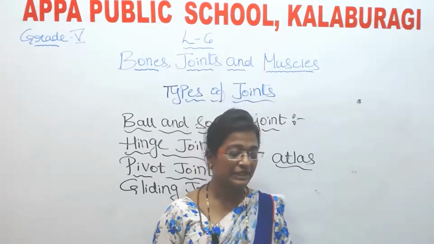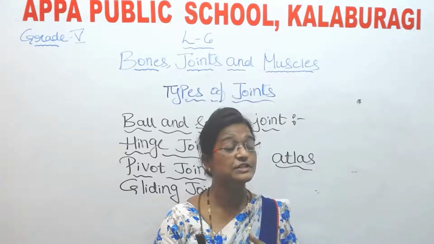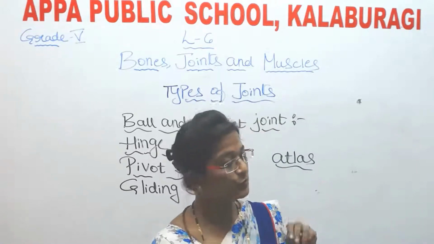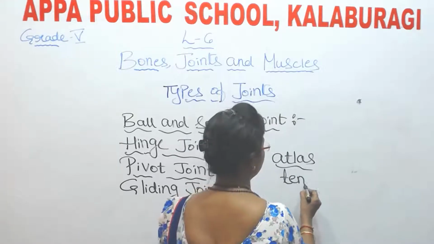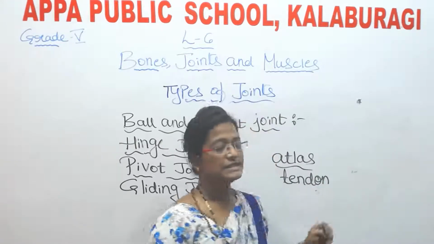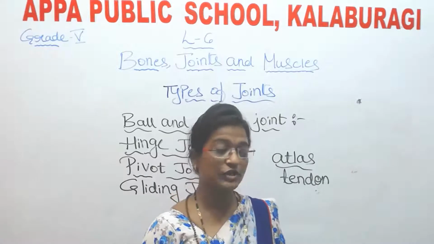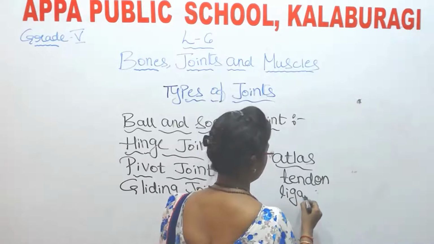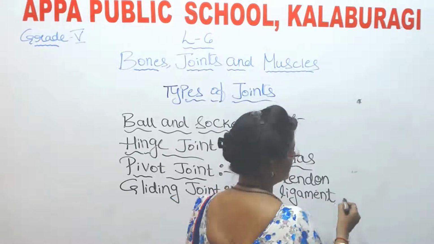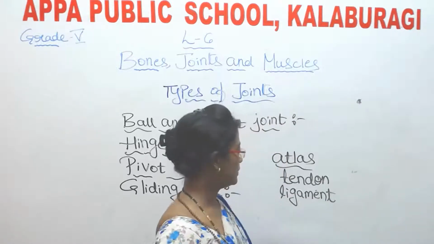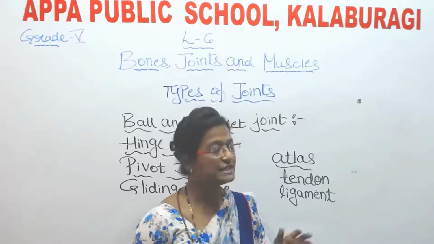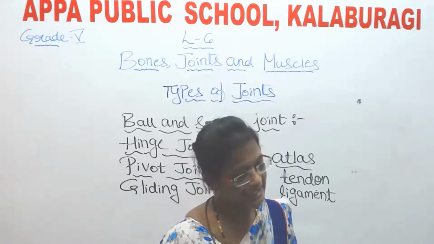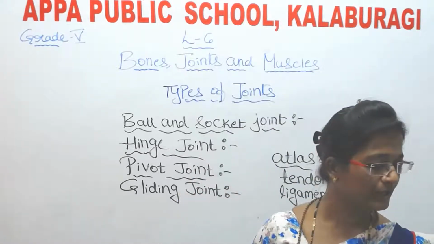Do you remember what we call the tissue which joins muscle to bone? Exactly, we call it tendon. And the tissue that joins bone to bone is called ligament, right? Okay, so this is about